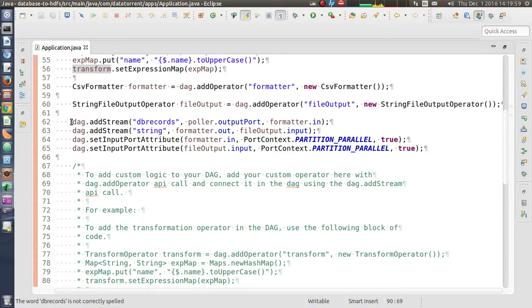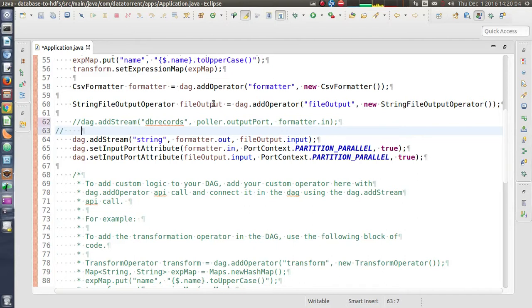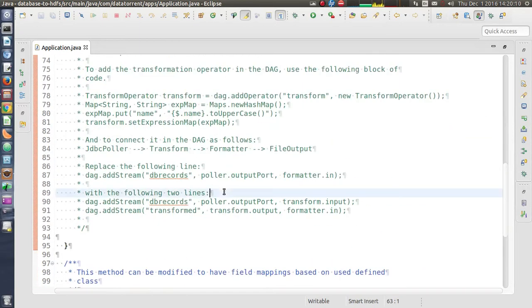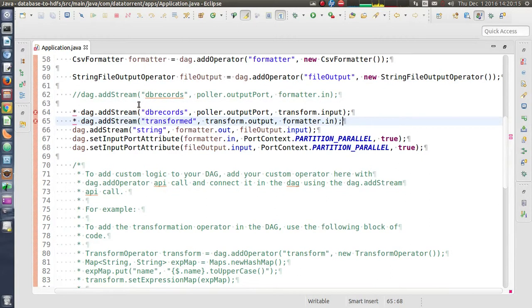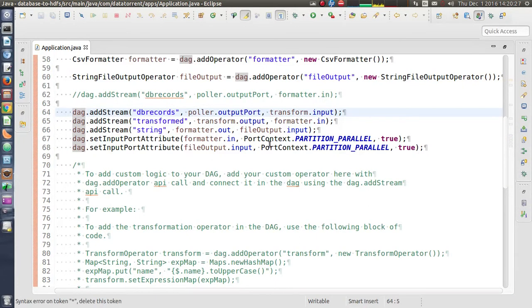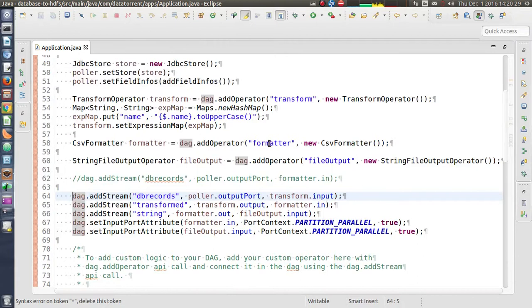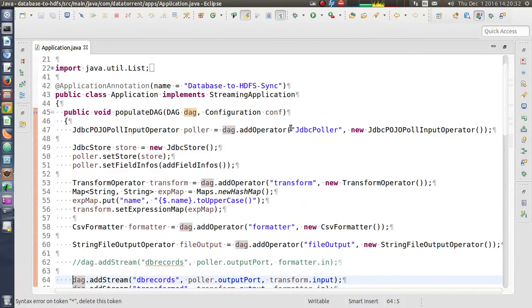So I will comment out this line and add these two lines. Now we are expecting that the output on the HDFS should have the name field converted to uppercase.